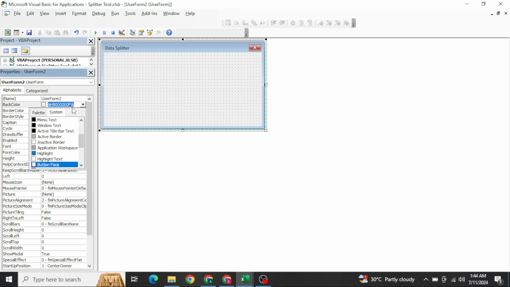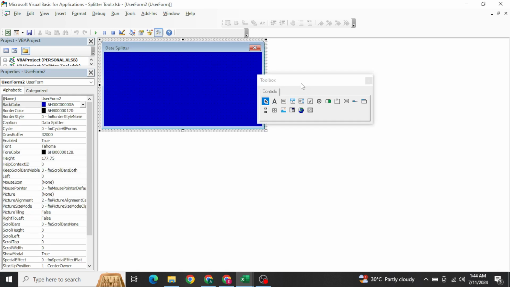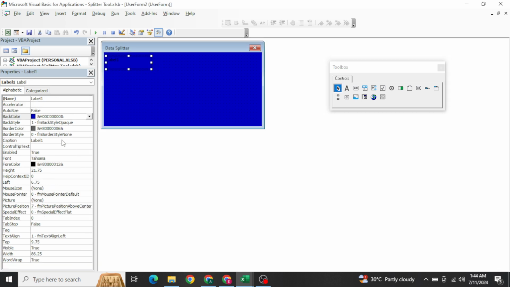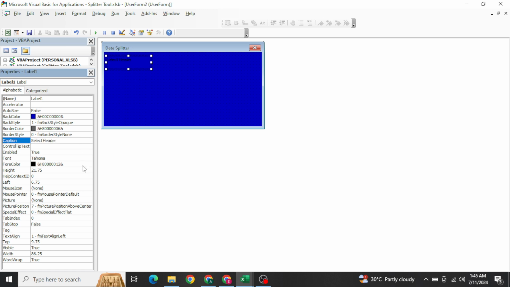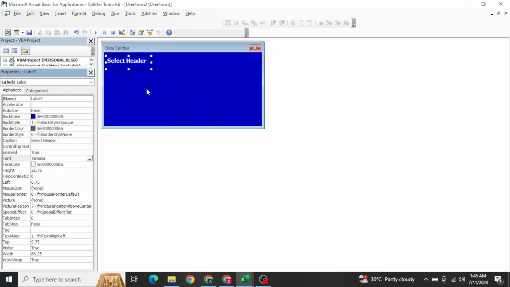I want to give the back color as blue for now. Now I want to give the drop down, select header, and let's change the font color to white and increase the size. I can select bold and increase it till font size 11.